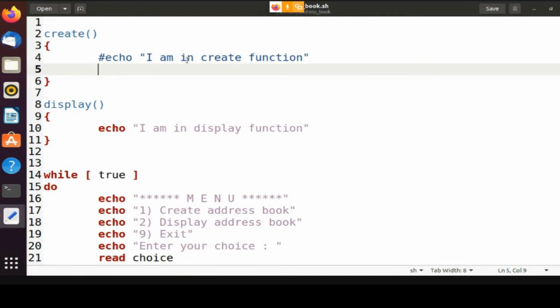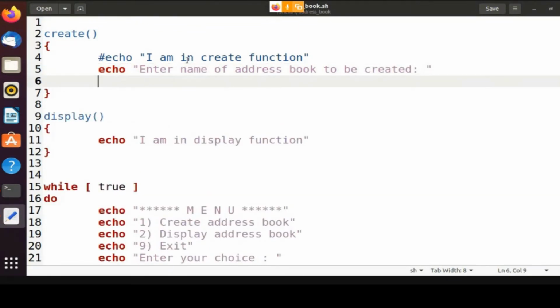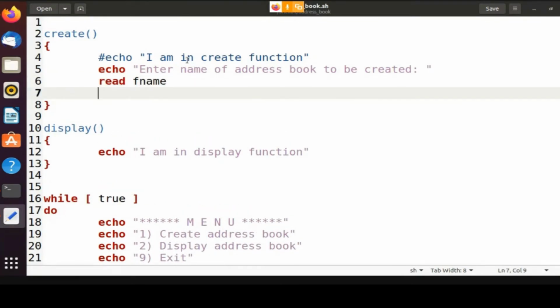Here I'll ask the user to enter the name of the file. So let's say, enter name of address book to be created. You enter this and then read, let's say, fname. And then you create it.